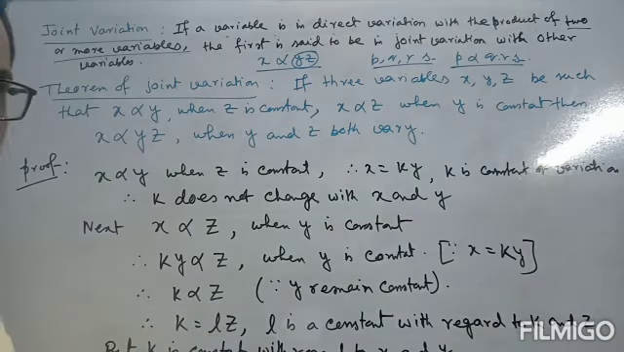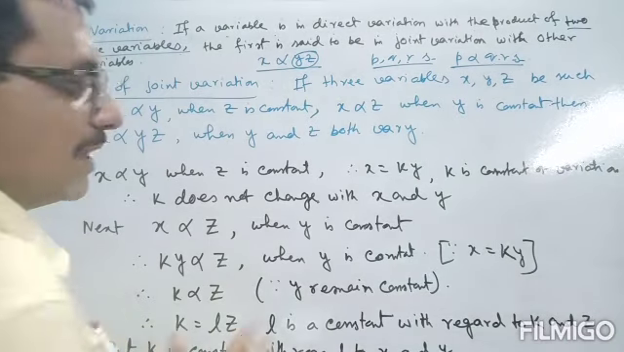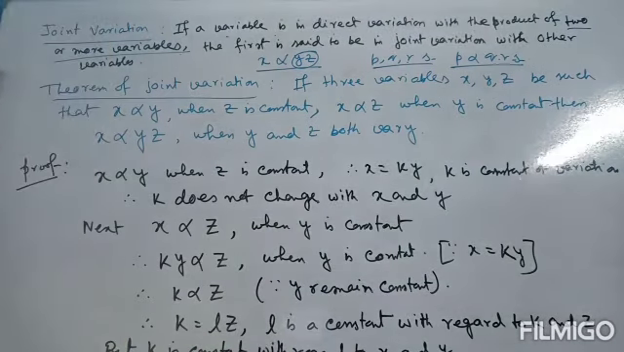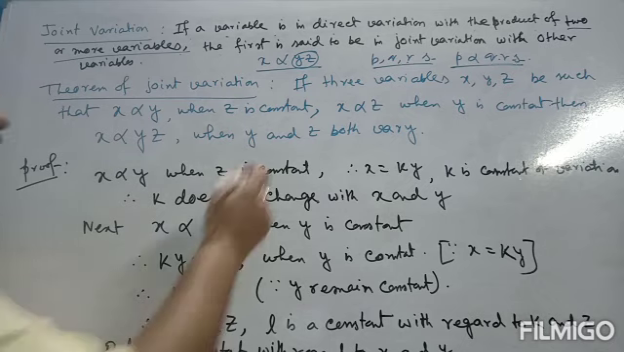Boyle's law, Charles' law in physics class or in chemistry class, physical science class. You are in class 10. So next we study about the theorem of joint variation. This is very important. Theorem: if three variables x, y, z,